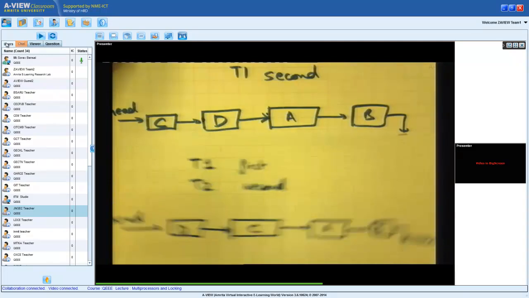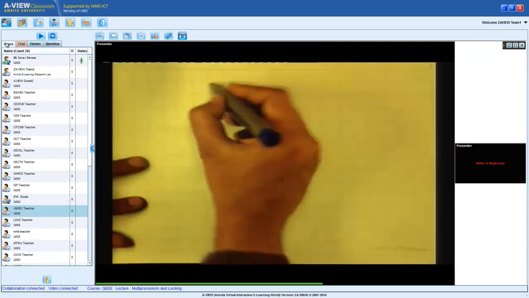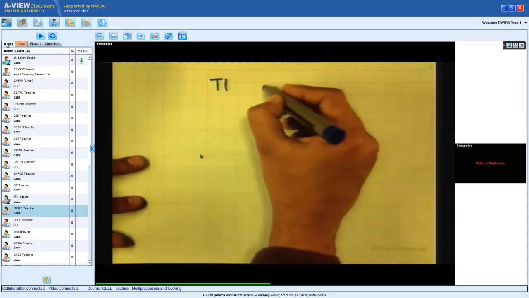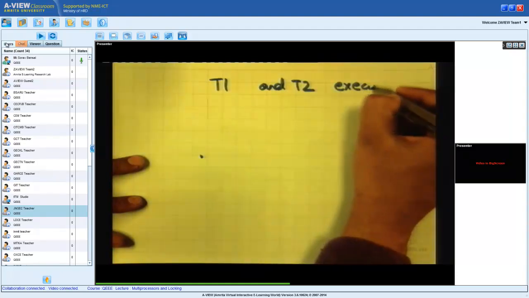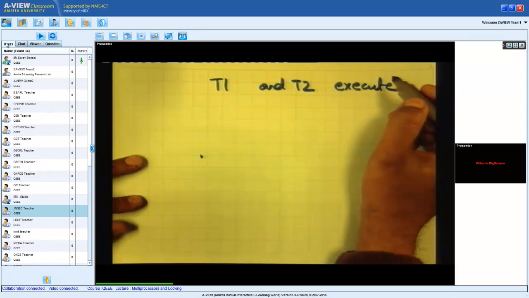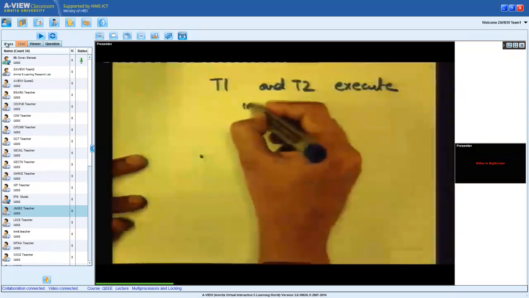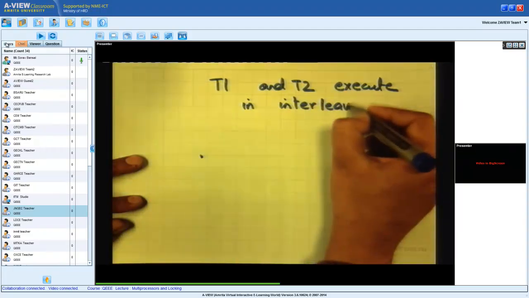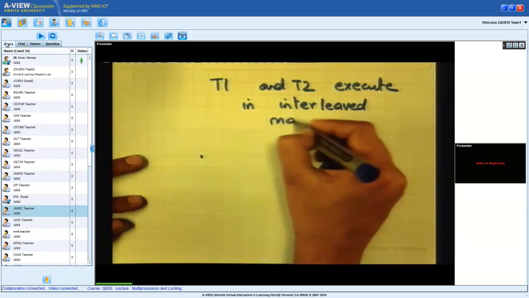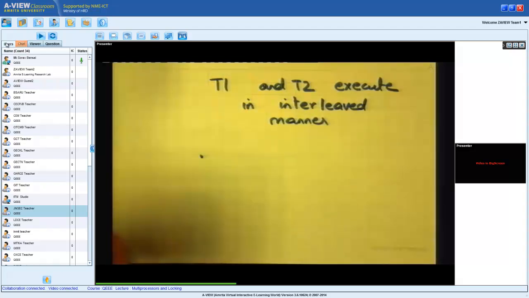And what if T1 and T2 execute in interleaved manner? What is interleaved manner?